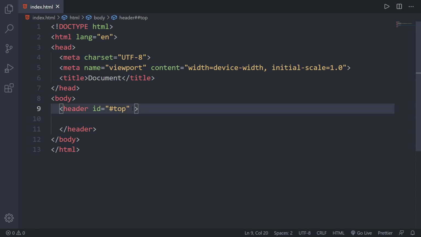And then we also have name. So name is basically used whenever we want to contact a server. Okay, and we want to send some information to the server. So how do we get the value of an input tag? We use the name attribute. So the name attribute is mostly used inside of a form and for input elements.